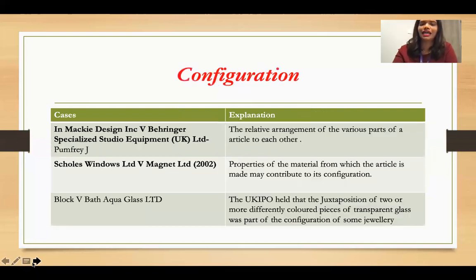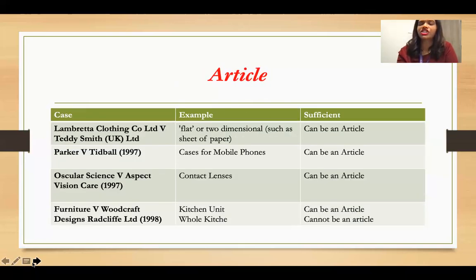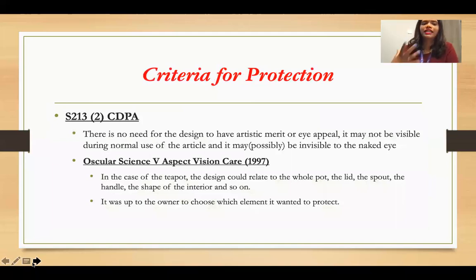Either it's under the definition of shape, configuration, or an article. So then we have section 3 sub 2 of the CDPA, where when it comes to design, you have to show it's either an article, a configuration, or a shape. The next question you ask yourself is whether there is a need for this design to have artistic appeal, artistic merit, or eye appeal. And this was clarified under section